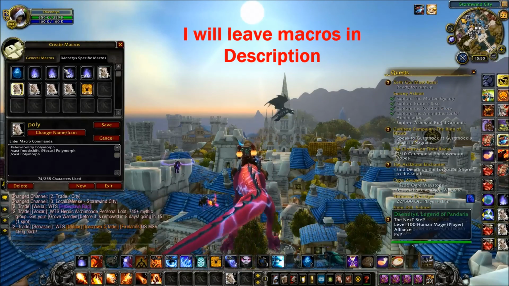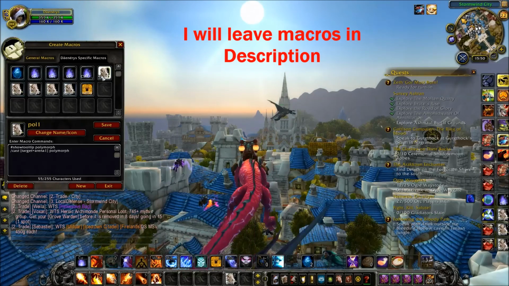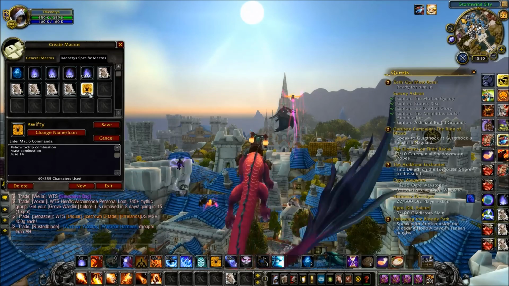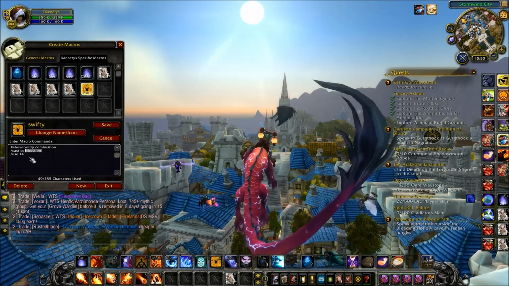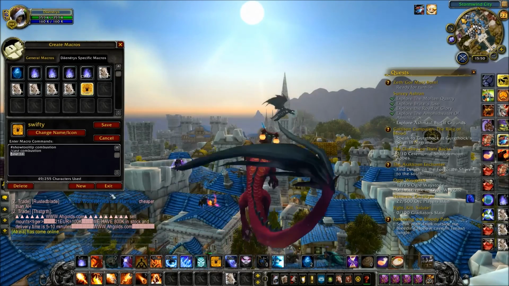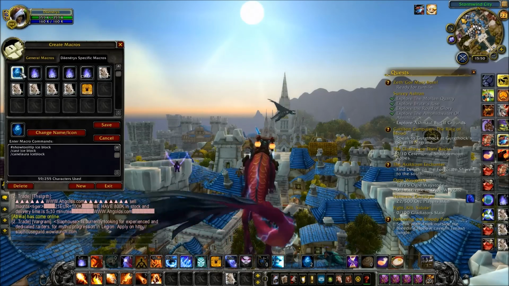So with the macros here, I basically have arena, target and focus macros for my polymorph and my counterspell. I also have a burst macro for my Combustion. It's basically just use Combustion and my trinket, which don't work in arenas right now, but they work in duels, and you can put a potion or whatever you like in there for a battleground or something. I also have an Ice Block